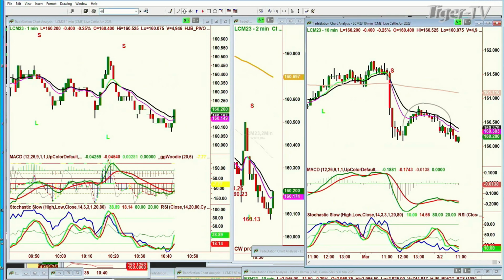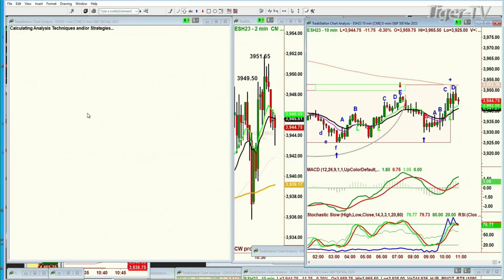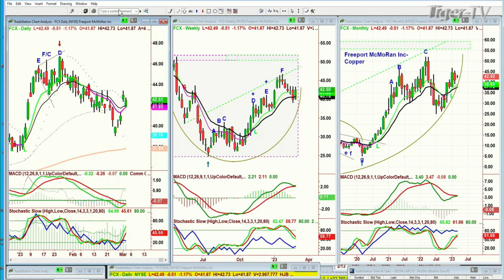All right, we're back, and I'm looking at a question that came in. Could you do the different currencies? Sure can. So here we go. Look at this. Dollar, DXY,